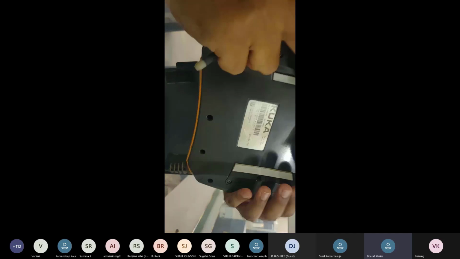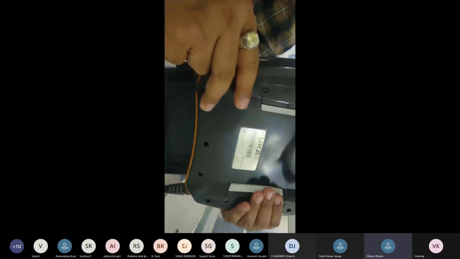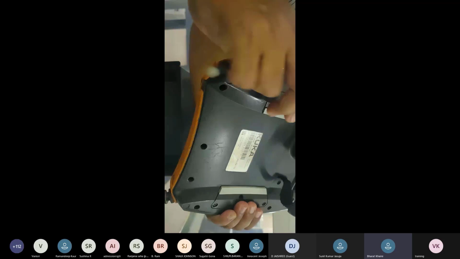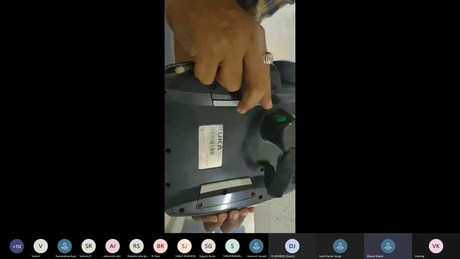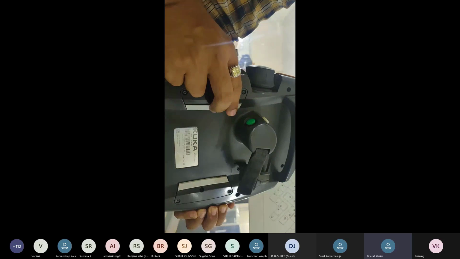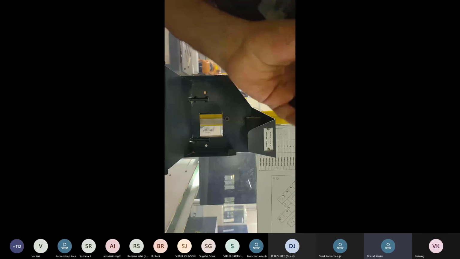If we handle the teach pendant with the left hand, we can press the left key. If we handle the robot with the right hand, this key will operate, and we can also handle it like this. So we can press the enable key.